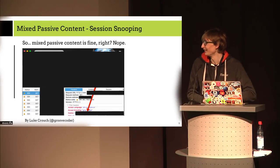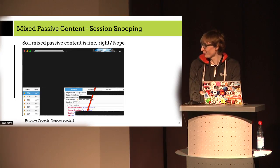This is from a talk which a colleague of mine, Luke Crouch, recently held, and he wanted to check the warning that comes up when you have mixed passive content on a website, and what he accidentally found. And I have to say that this is basically a random URL, so it's blocked out for security reasons. This is a random URL that he entered and wanted to check if they have mixed passive content. And this is a major internet platform. And he found out that they actually deliver,